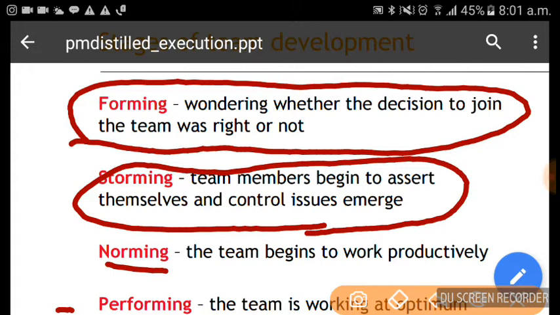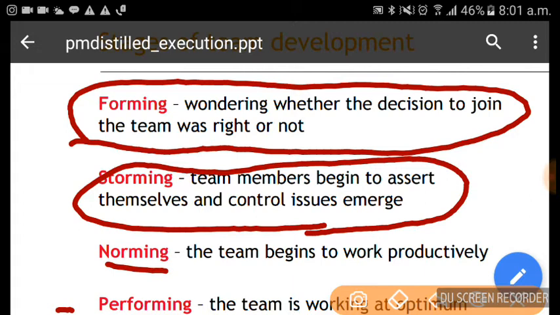Now, as a manager, when the team is in the forming stage, you will be playing the role of a counselor. You will make people comfortable. When a new employee joins, you take him around, show the place, explain the facility, make him comfortable.